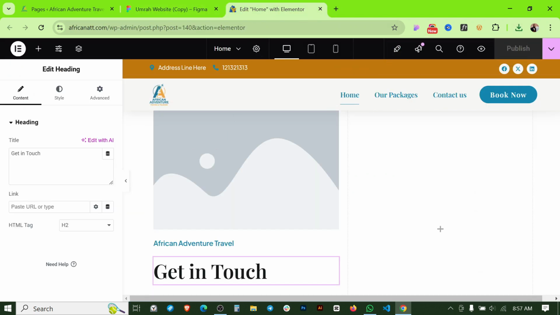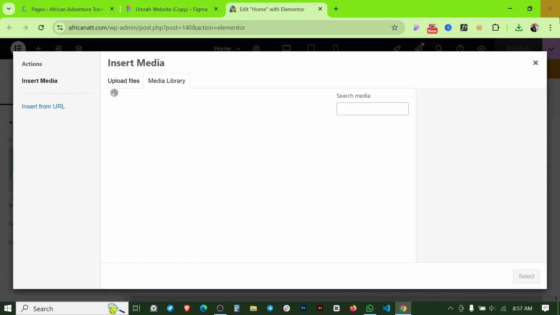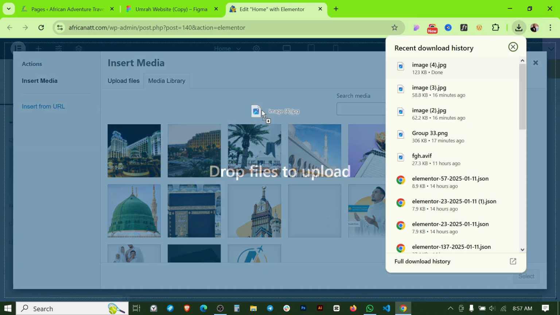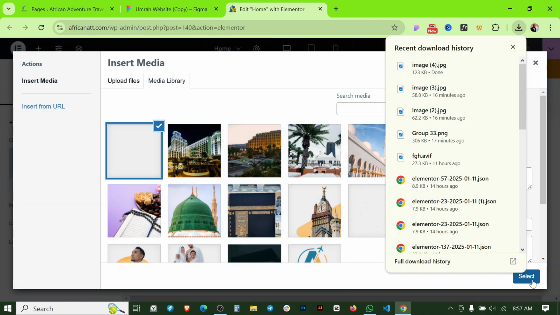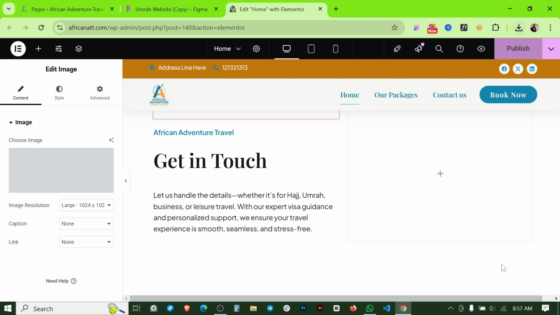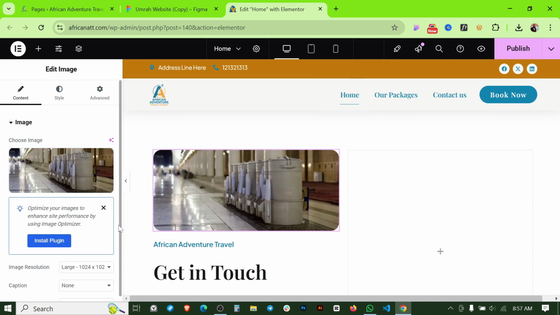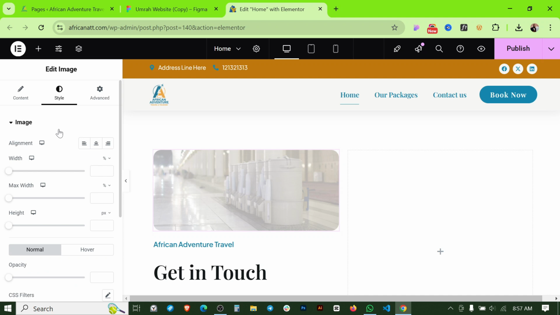And I'm going back here, and let's select the image from the download section, and let's hit select. And if I click on this tile,